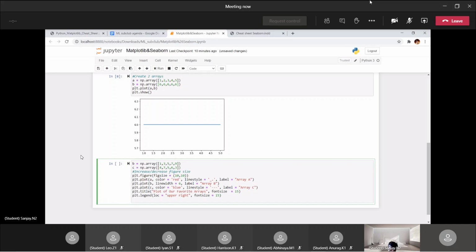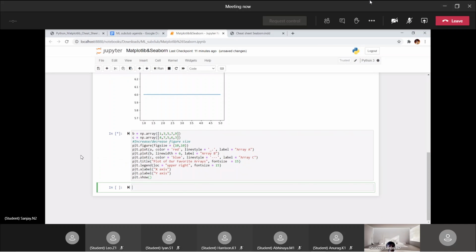And then lastly, we will give our x and y axes titles. So plt.xlabel, and we'll say x-axis is our label, and then for the y-axis, we'll say this is the y-axis,